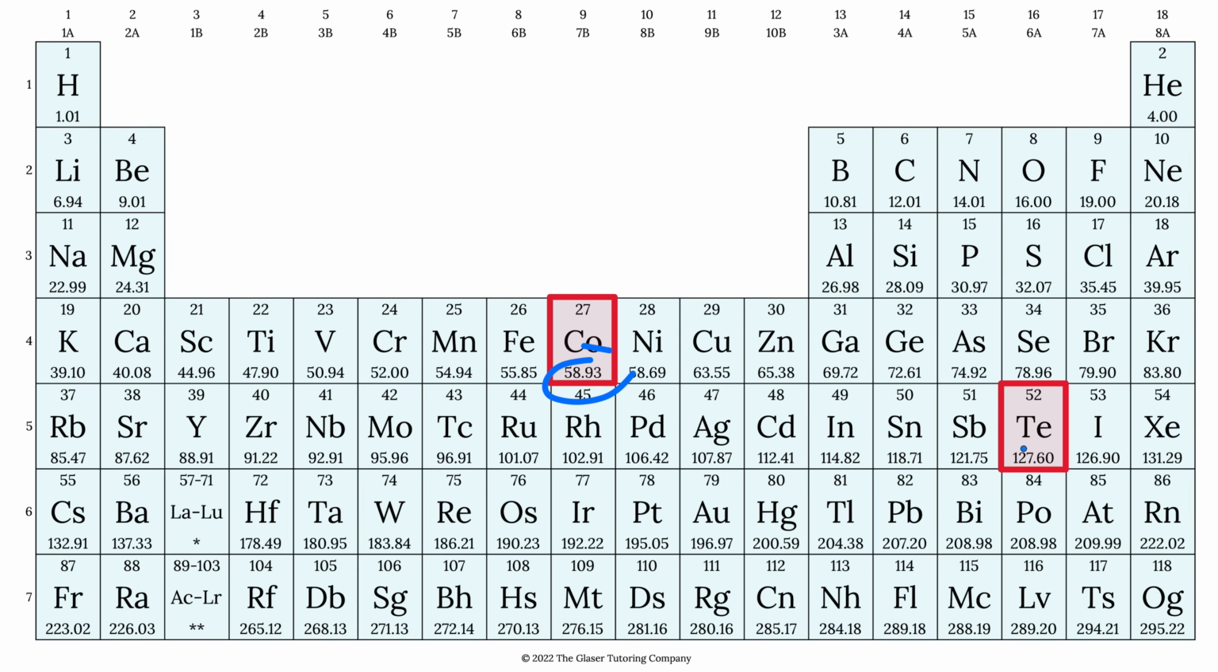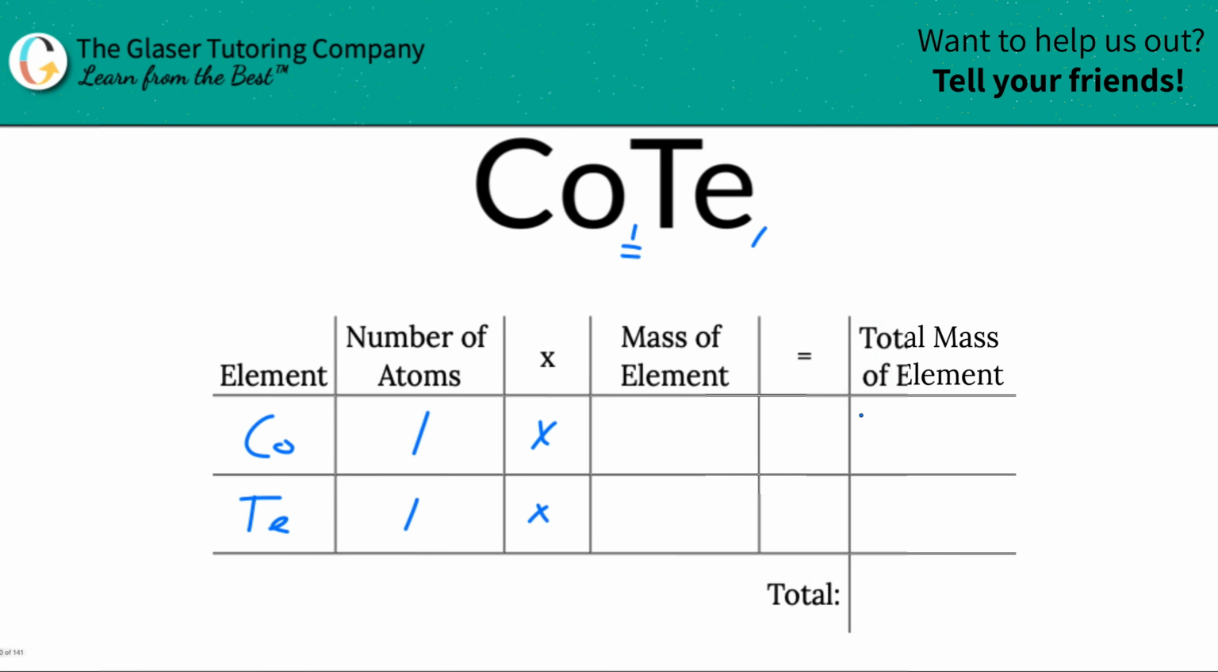Here's the mass of cobalt, here's the mass of tellurium, and those masses basically are in the units of gram per mole if you're calculating molar mass, or AMU if you're calculating molecular mass. The magnitudes of the numbers, though, are the same. All right, so let's write them down. So we got 58.93 units of mass for cobalt, and tellurium was